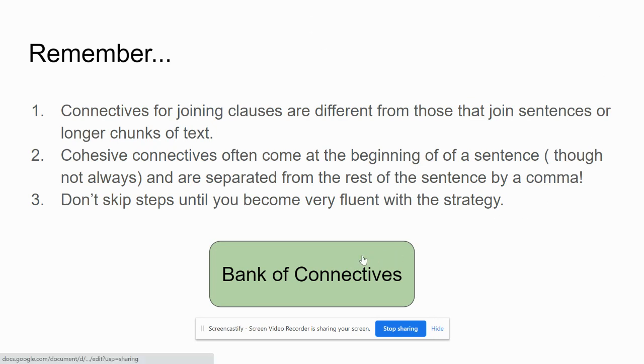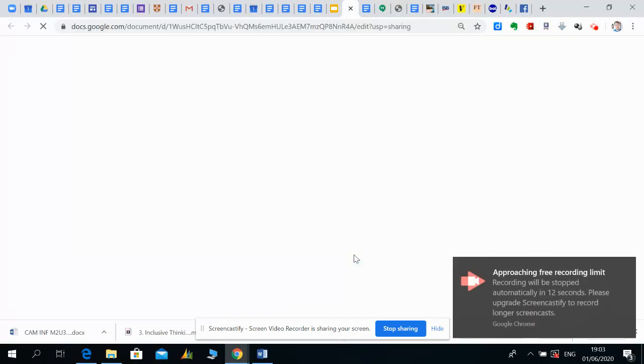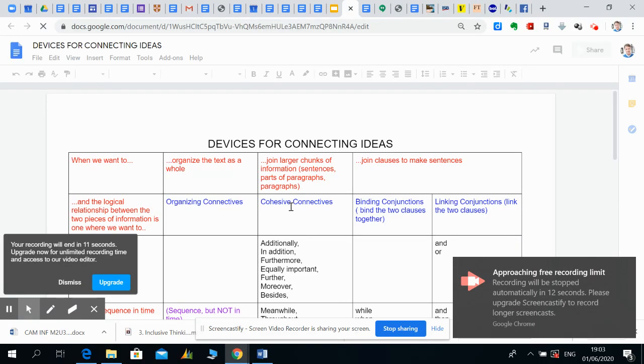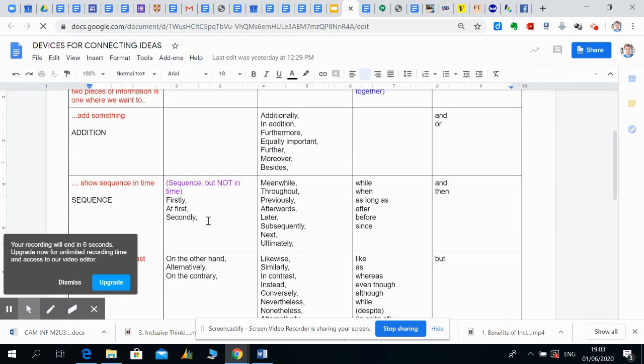If you're using the how-to sheet that I've provided, there's a link in that sheet to a bank of connectives which will show you, using these different kinds of logical relationships, some possibilities for you to use in